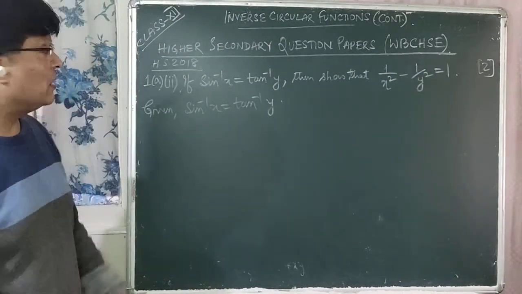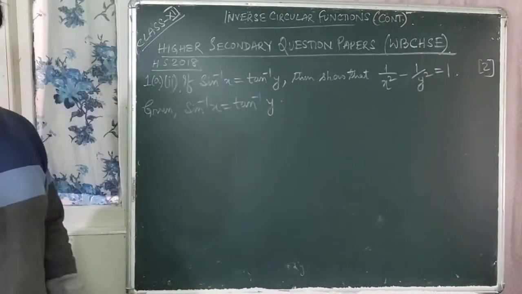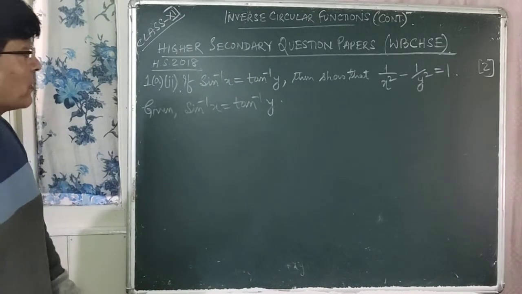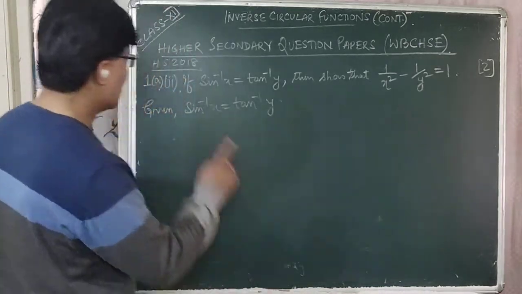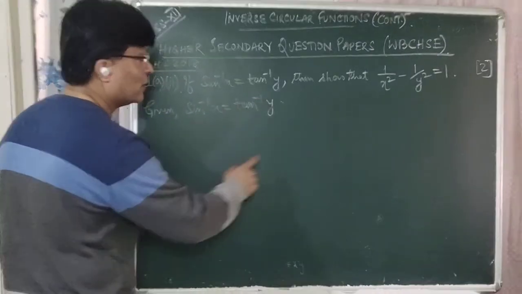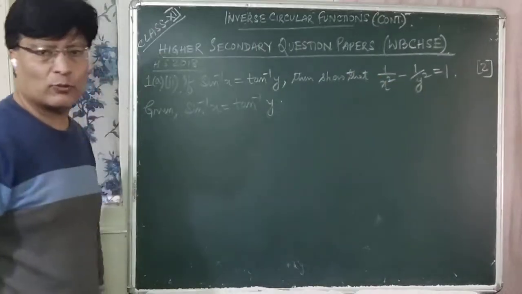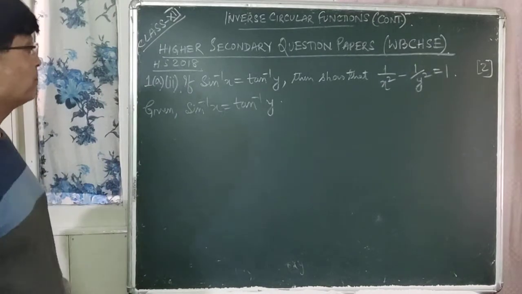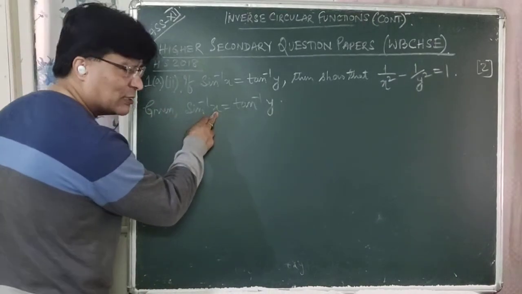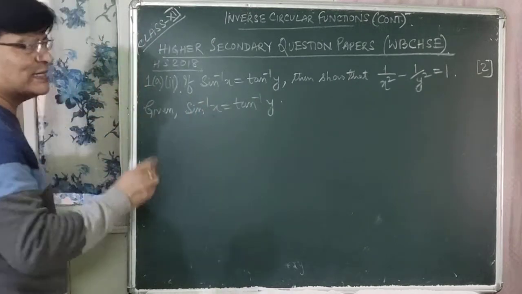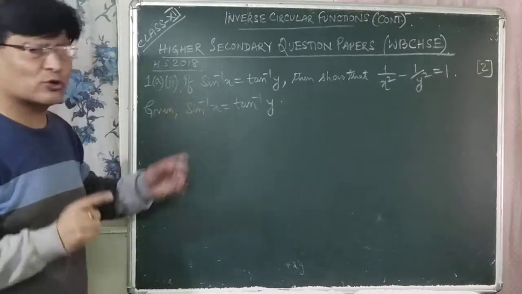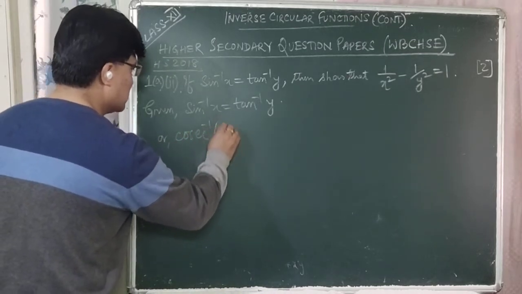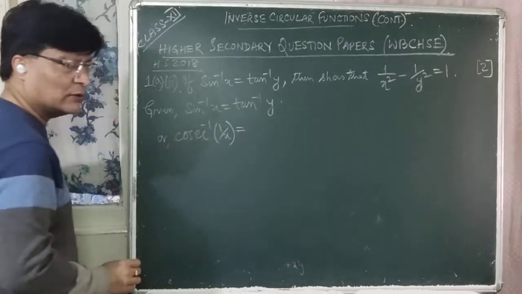That means you have to eliminate sine inverse and tan inverse from both these sides, from LHS as well as from RHS. Okay. So how can you eliminate here? Now since sine inverse x is equal to tan inverse y, and you have to prove 1 upon x square minus 1 upon y square, that means you should get 1 upon x, 1 upon y like that. Okay. So what we will do here is, let us write it in terms of 1 by x. If you want to write it in terms of 1 by x, you have to convert this into cosec inverse, isn't it? So this is cosec inverse 1 by x is equal to,